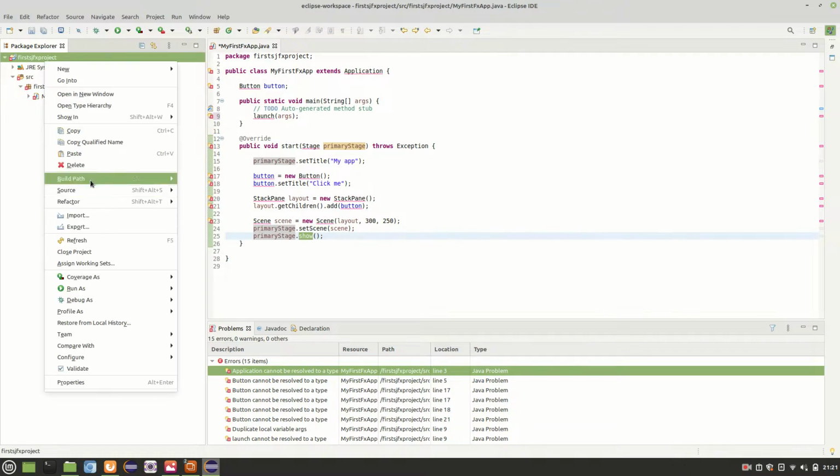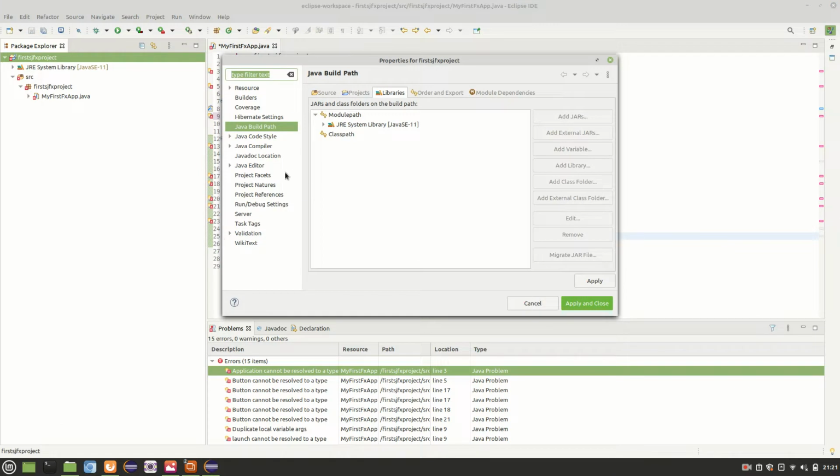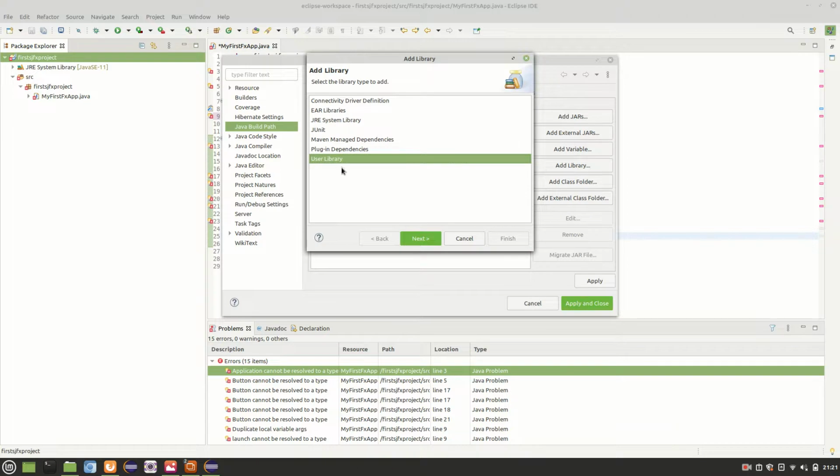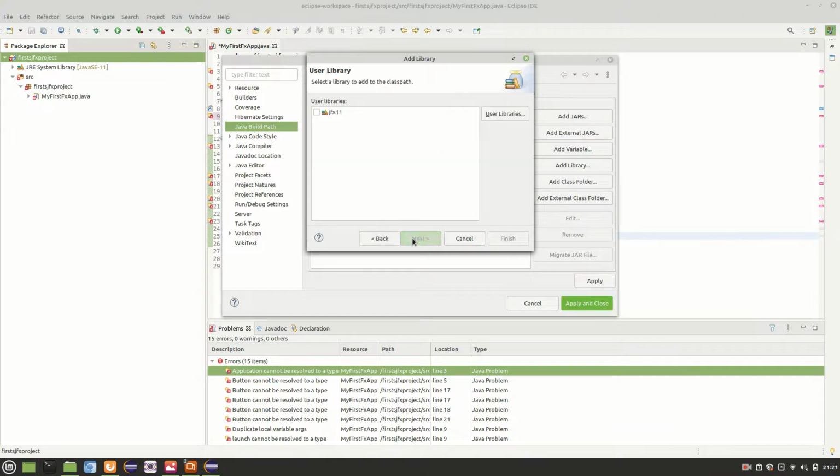Okay, I'll go to the build path, configure build path. Where did it go? Yeah, here, classpath, and I'm going to click on add library. I'm not going to click add jars or add external jars or add variable. I'll just click on add library. After that, I'll click on user library, click on next, and there is our library which we created in